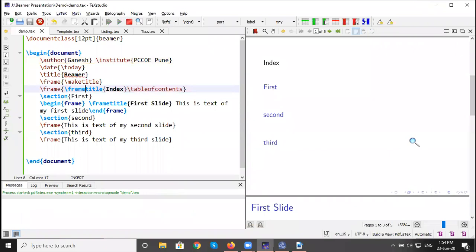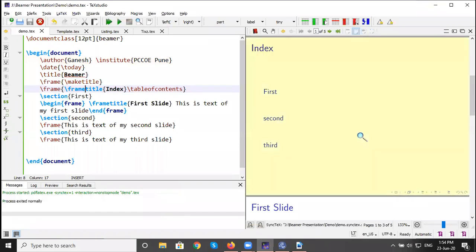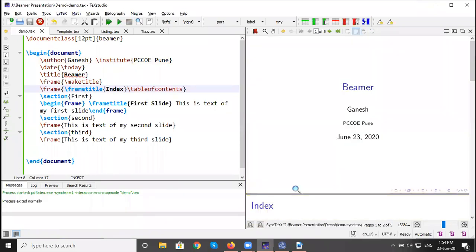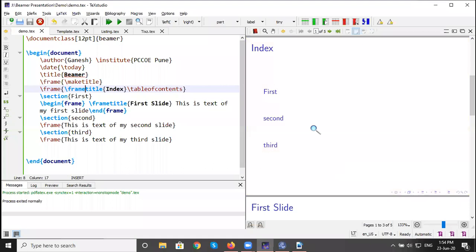Okay, now it runs. So we get the title here, Index, and all the sections one by one.